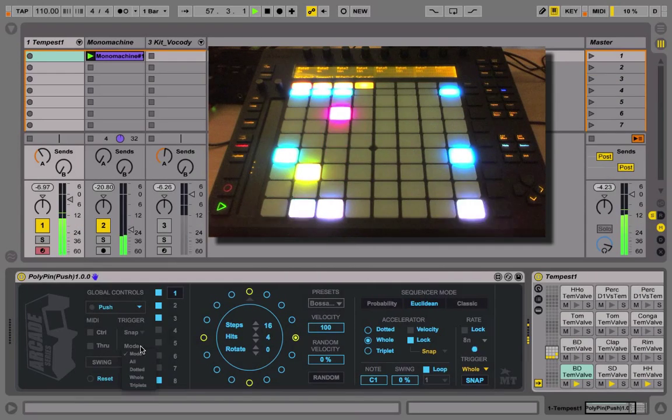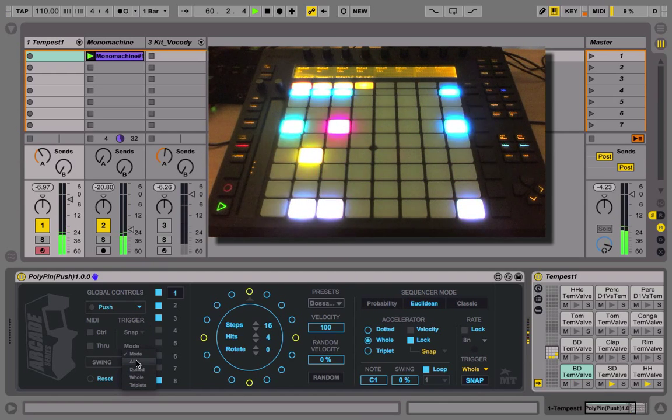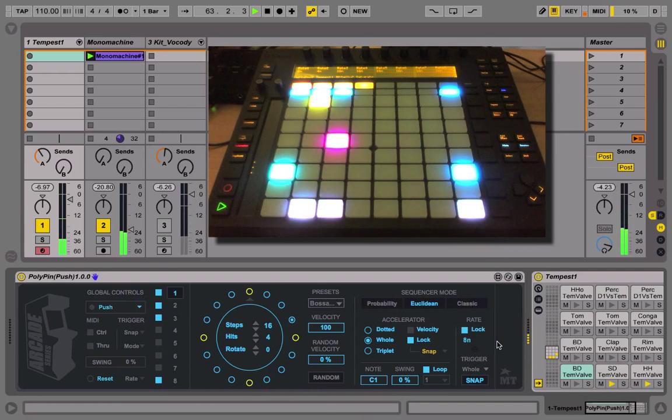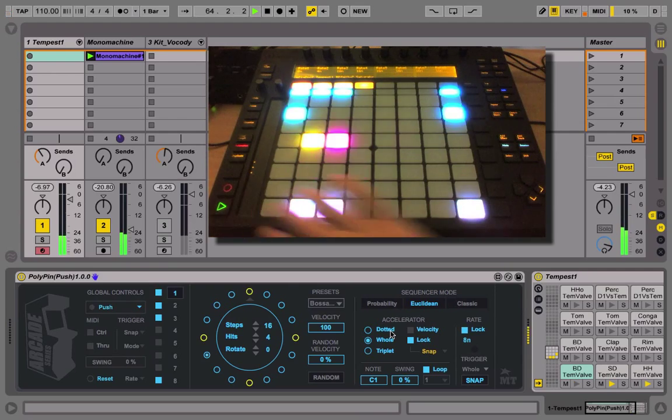And then the modes are, if you have got lock turned off, they choose whether you're selecting whole notes or dotted notes from the menu when you trigger the bottom pads on Push